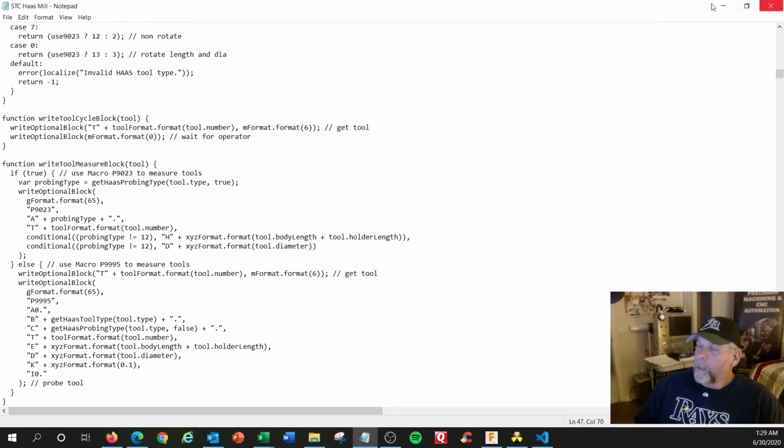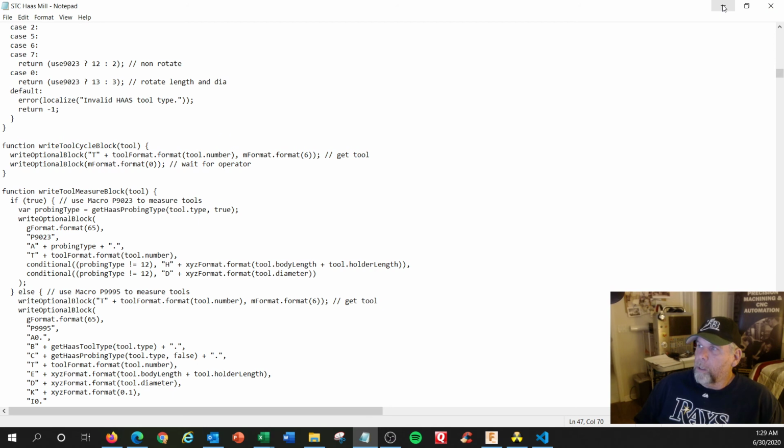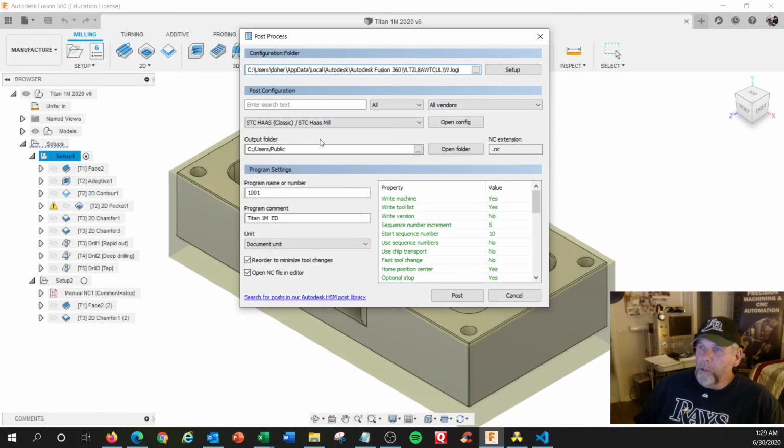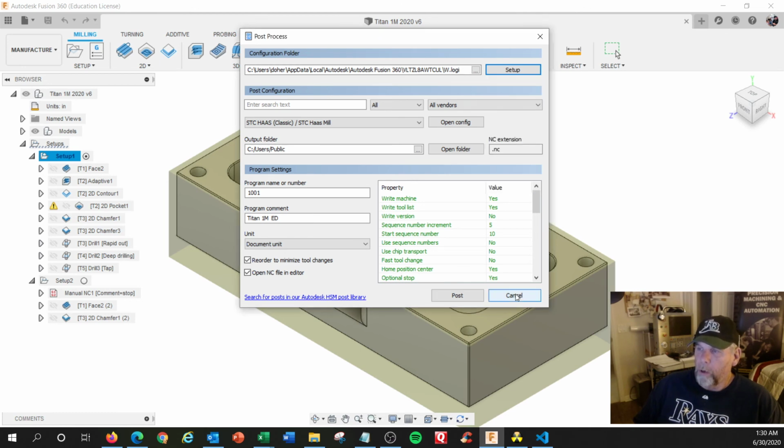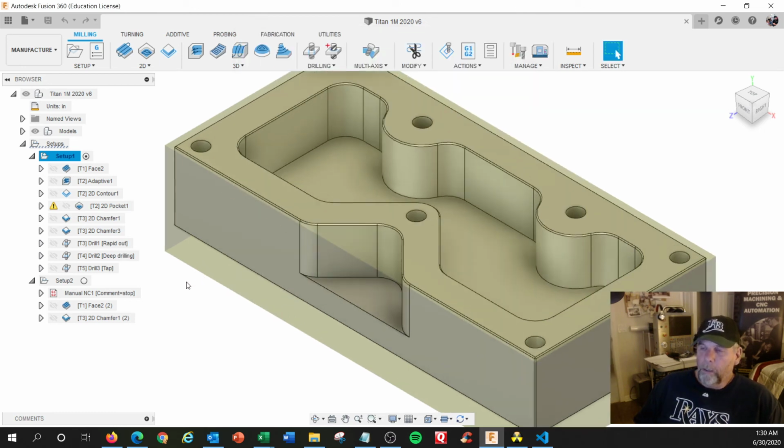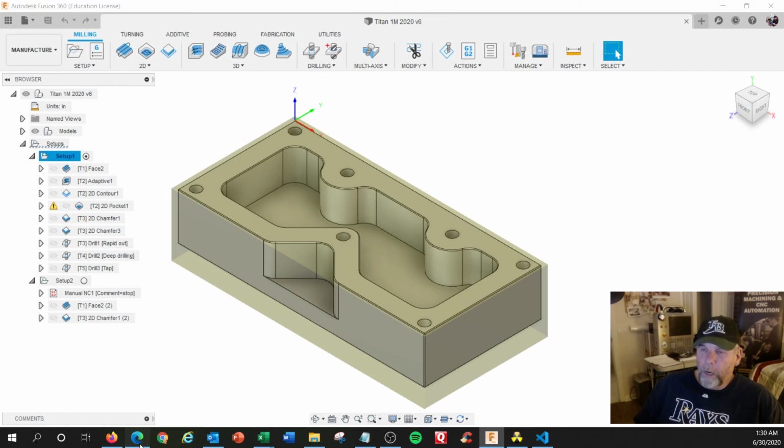But this is where it is. And when you have one that works good, we put it in the cloud and it always travels with us. And it's easier to come up because if you're using the installed library, it's got a load. You'll see this number rolling up here, and you don't need all that stuff. You just run what you run, and that's it. So I'm just adding on to my